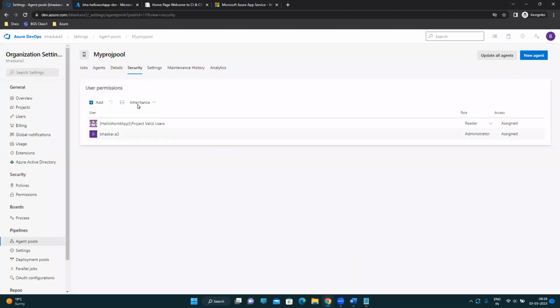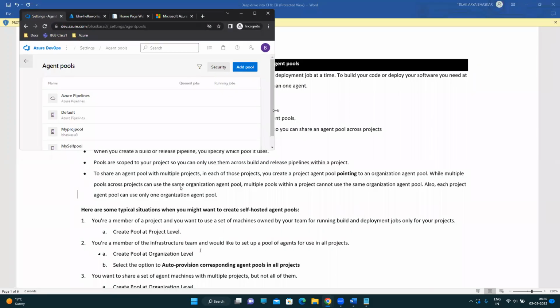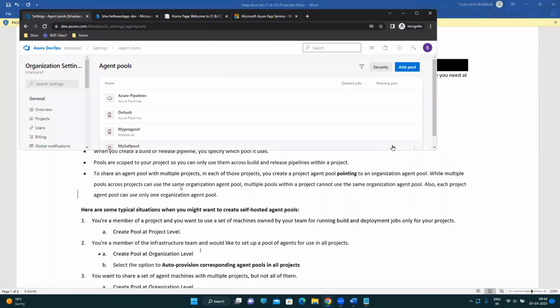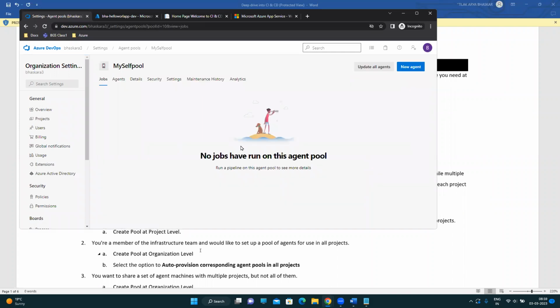Can we change that setting? So you want to make that project agent pool available for all projects. Can I change those settings by any chance here? No, that is